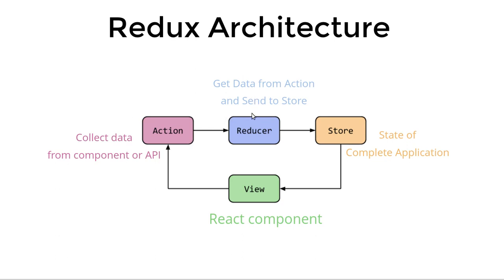processes this data and filters things out. It gets the instruction from the action on whether it has to create new data or override the previous data. For example, let's say the API is called a second time, and the action tells it to override the previous data, then the reducer will override the previous data, otherwise it will create a new array or object, right?